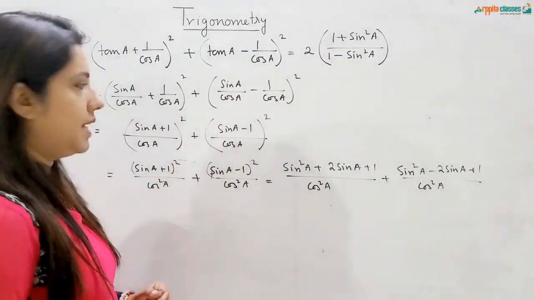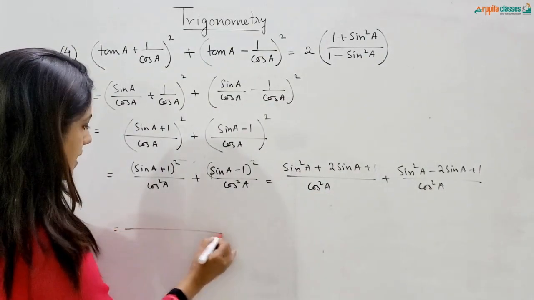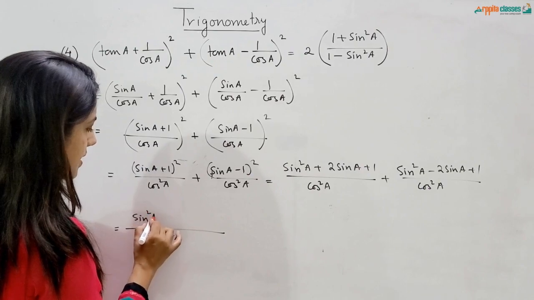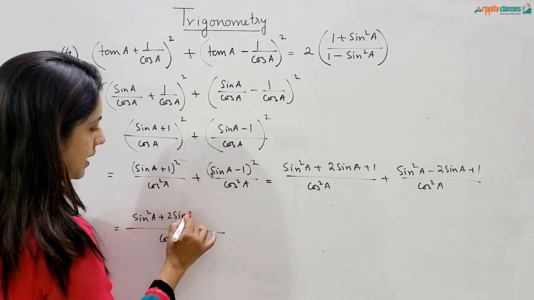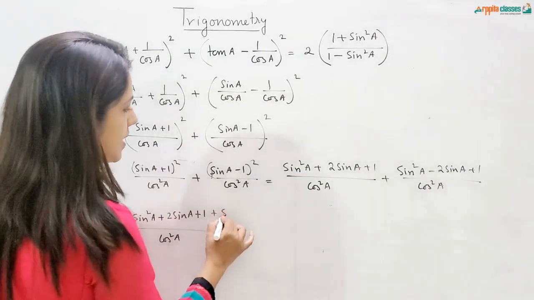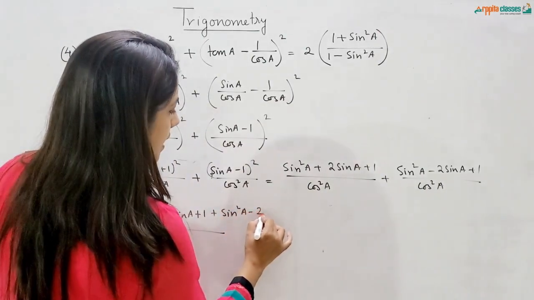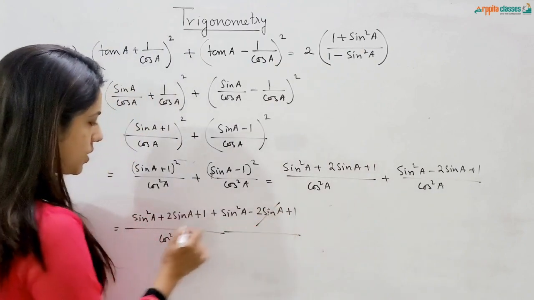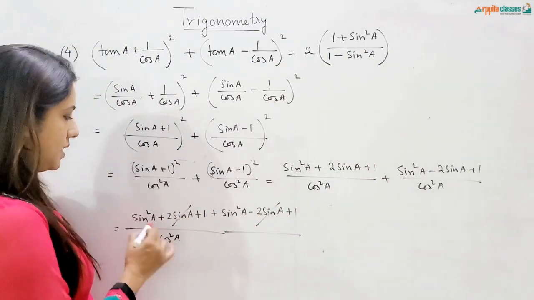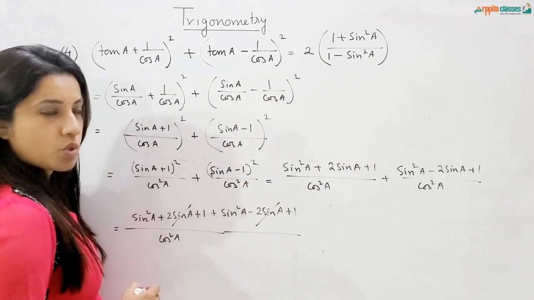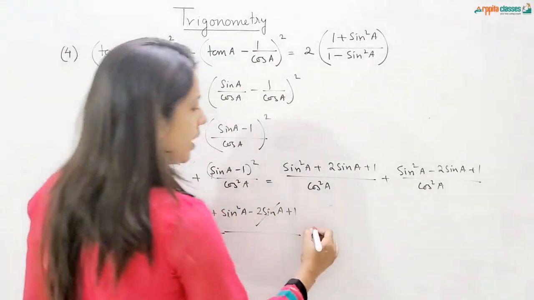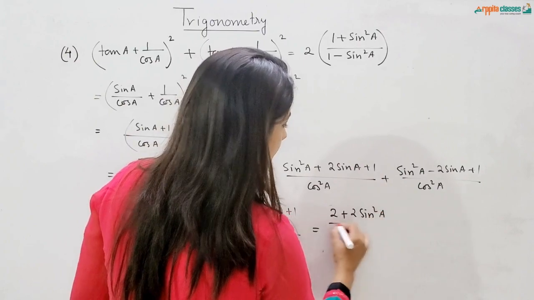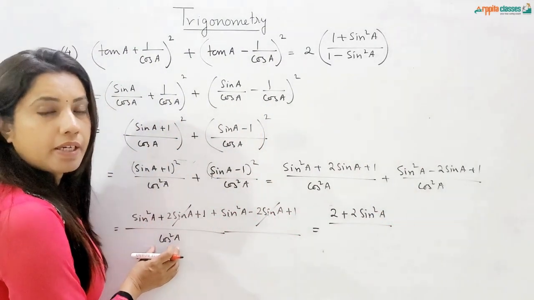Now let us take the LCM. Cos square a would be the LCM. In the numerator I get sin square a plus 2 sin a plus 1 plus sin square a minus 2 sin a plus 1. Now minus 2 sin a and plus 2 sin a will get cancelled. Sin square a plus sin square a, 2 sin square a, 1 plus 1, 2. So it is 2 plus 2 sin square a, and cos square a can be written as 1 minus sin